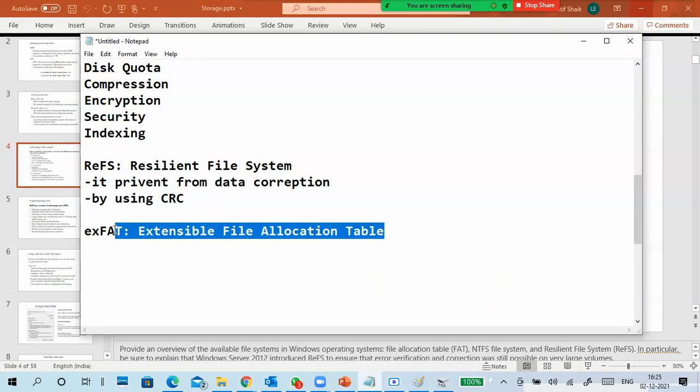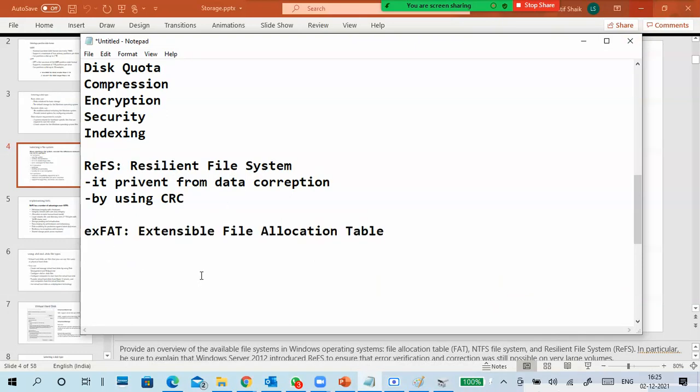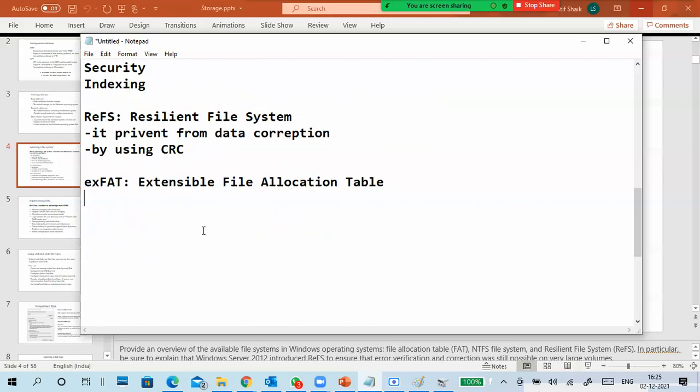So what is the advantage of exFAT? First of all, I have an SD card. Earlier SD cards were 4 GB, 8 GB, 16 GB, then 32 GB cards. Up to here, FAT is okay and we are using FAT.